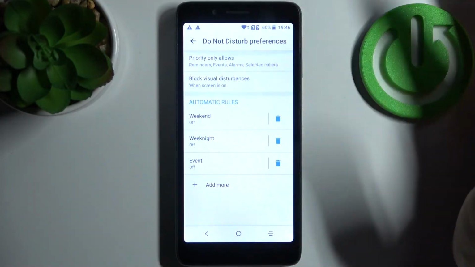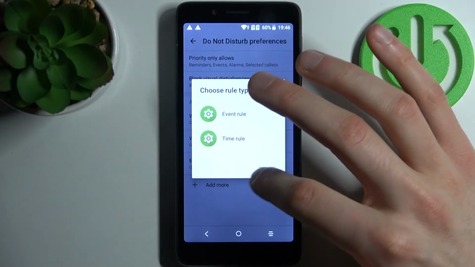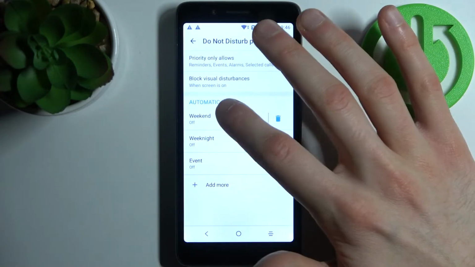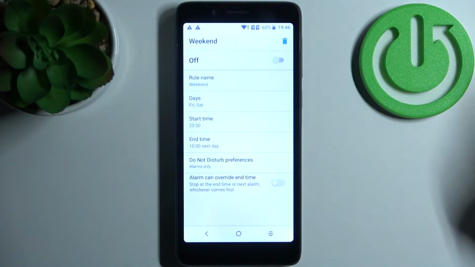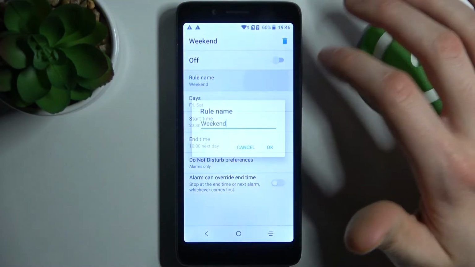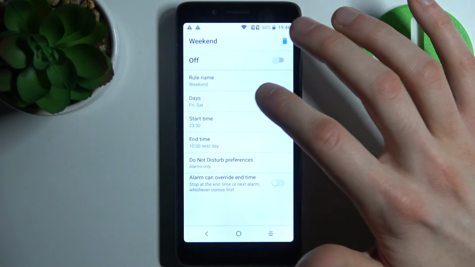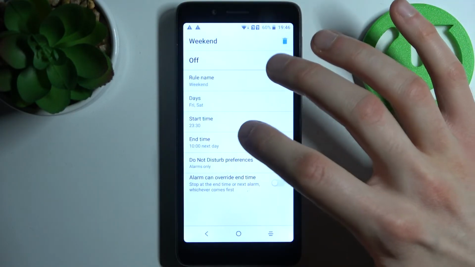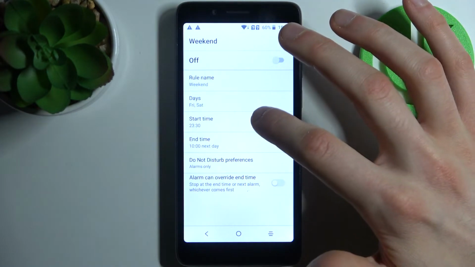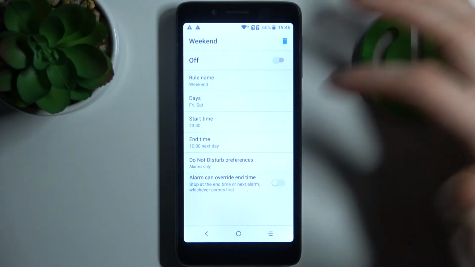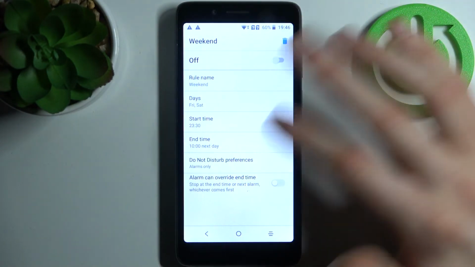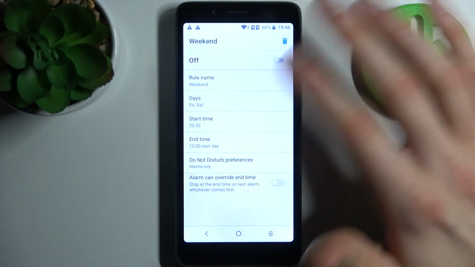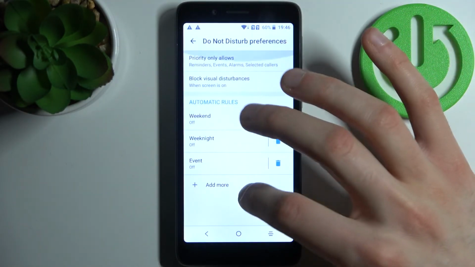and you have automatic rules. So automatic rules is basically just a schedule for the Do Not Disturb mode. You can change its name, you can select days on which it will be active, you can select start time, end time, and you can also set some other Do Not Disturb mode preferences for the schedule. So yeah,